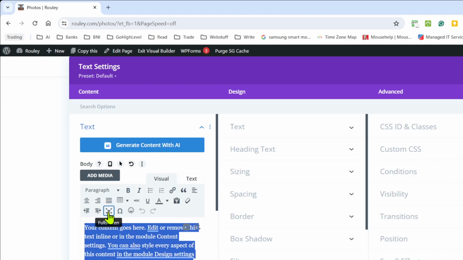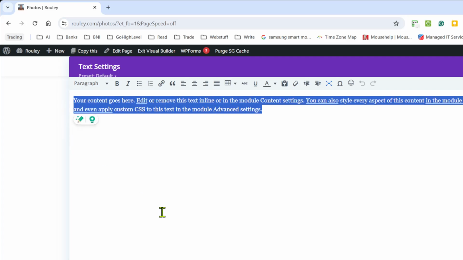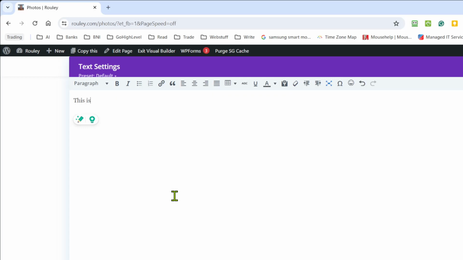And remember that you can go full screen here, which makes it a whole lot easier to see what you're doing. Here is the text that's pre-populated. They're basically telling you that you want to edit this. You don't want to use what they gave you. So this is a logo of a realtor named Stephen Burchard. Okay, so there's a little descriptive. That's a logo of Stephen Burchard, and I just put in the text just to demonstrate that sometimes it's a good idea to have